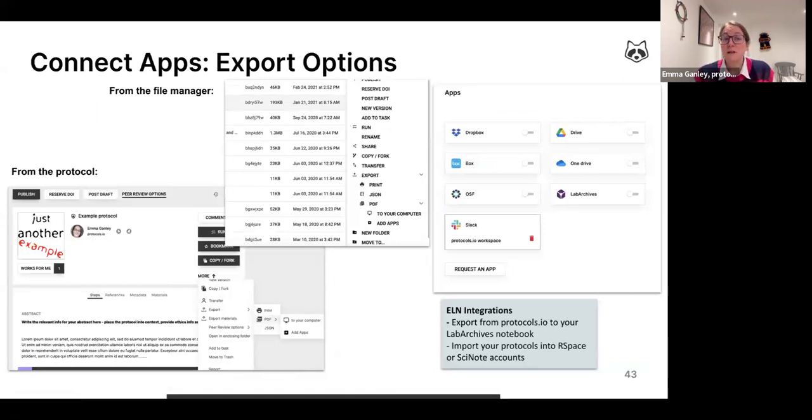I noted earlier the ability to export content from protocols.io. It's really, really easy to do. And obviously people sometimes want to know that they'll be able to get content off over time if they want to move it somewhere else or export copies for themselves. It's really easy to do this too. So under more, either on the protocol or from the file manager, you can click export